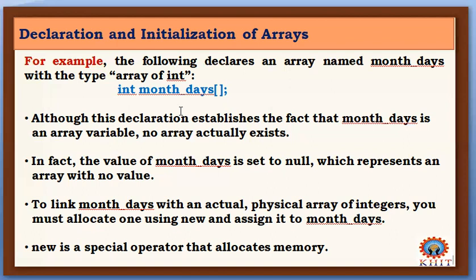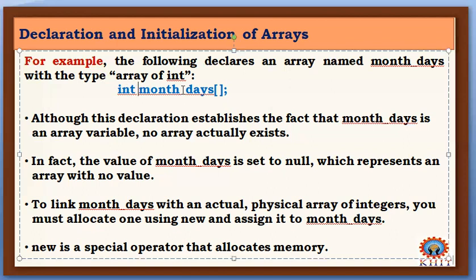So what might you expect the values stored in the array to be? Obviously the months in a calendar. Okay, so 1, 2, 3, 4, like that. So here is a small example. Int space month, followed by an underscore. It might not be clear here, but there is an underscore in between month and days. So whenever you're joining two words, definitely there should be an underscore. Okay, don't leave it as a space.